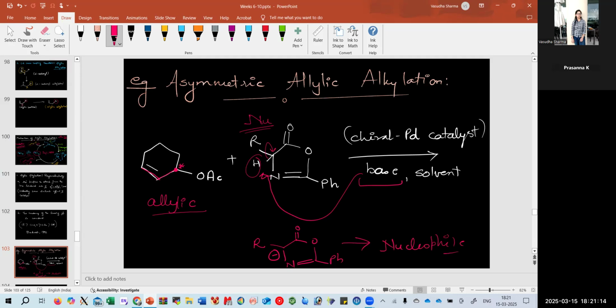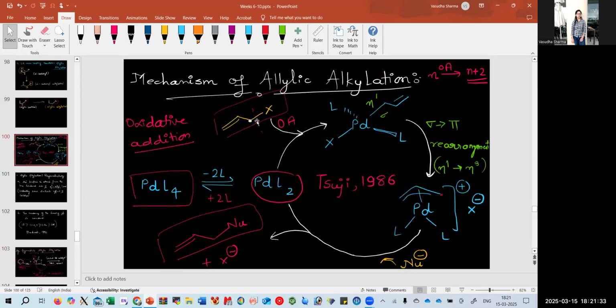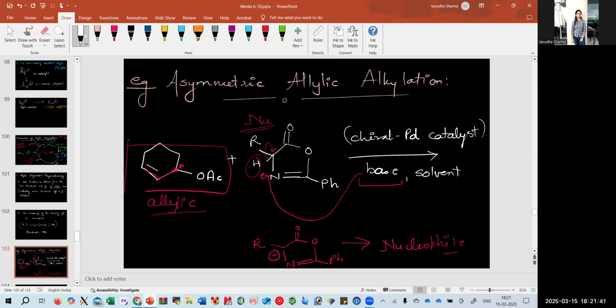And as I mentioned, this whole group you can consider as an allylic bond, where this is your X. In the earlier case, we were having a double bond and X. Instead of X, now we are having an acetate group, as we were mentioning, and this